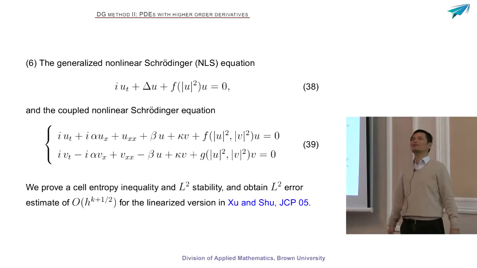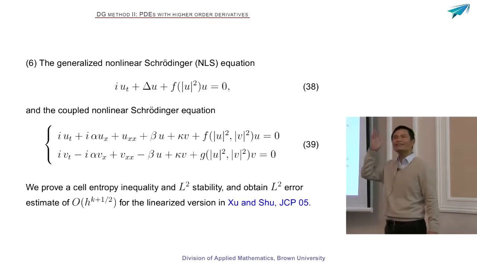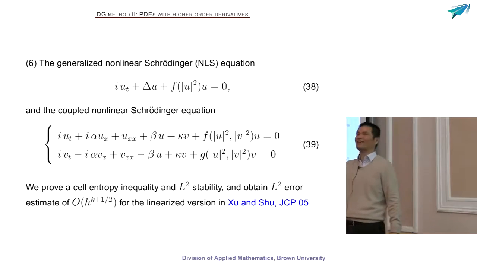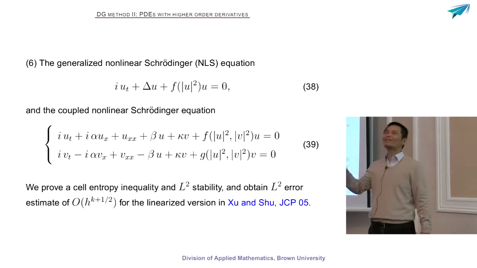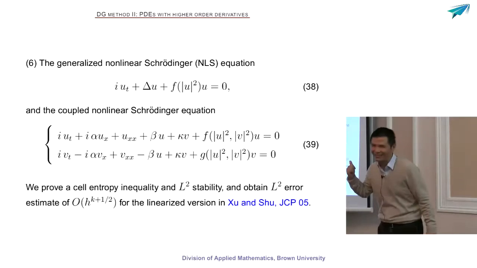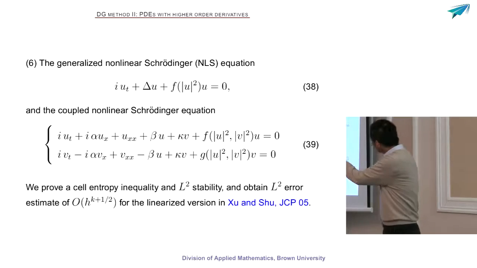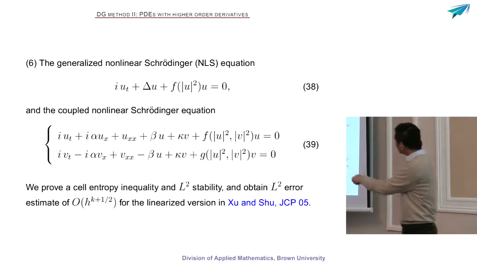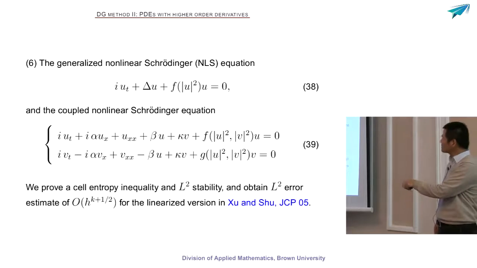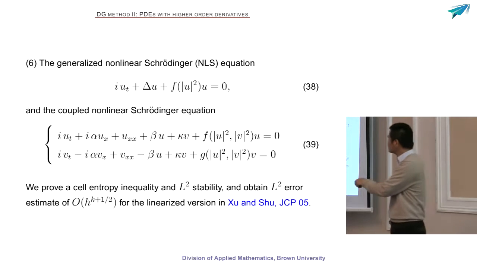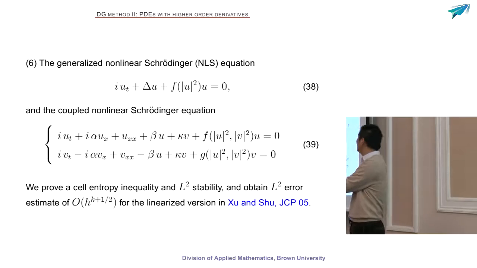A lot of people get confused because they remember for second derivative I should use what, and first derivative I should use what, but this one you should use techniques from first derivative because it is a wave equation, right? So it's because of this i. But anyway, you can design LDG schemes which are stable, satisfy cell entropy inequality, L2 stable, and with